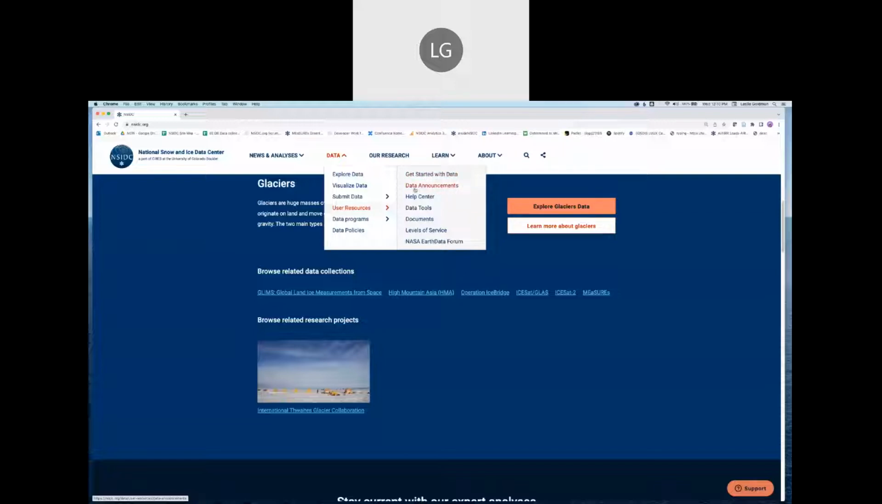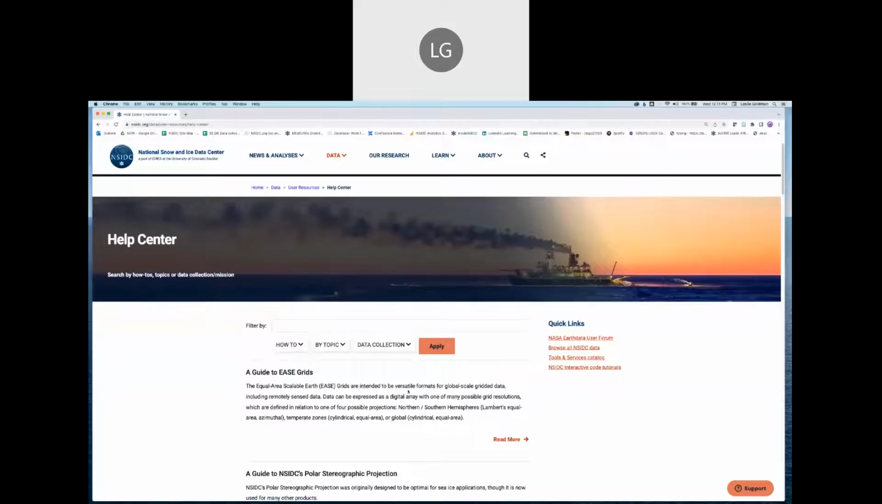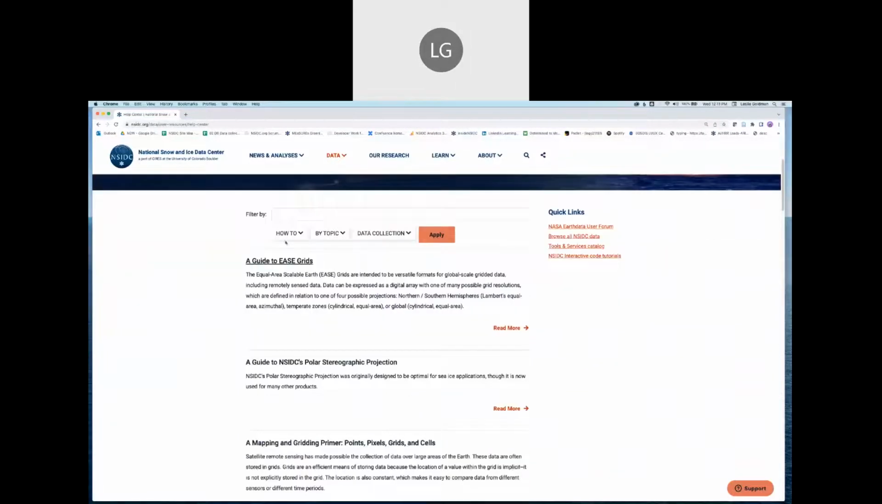We also provide data announcements whenever we release new versions of data or publish new data. We also have a help center that I'd like to point out here, where we have help articles. A lot of these help articles are related to specific data sets or specific data collections, so you can filter these articles by a data collection. You can filter them by topics like APIs, or if you're interested in articles that feature Python and R. And then we also provided a how-to filter. So if you want to look at articles for how to reproject and regrid data, you can search that way